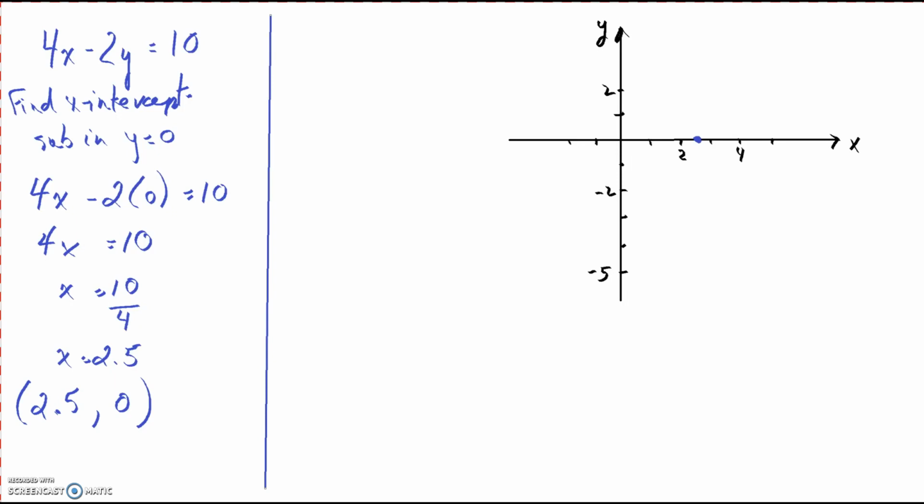I want to do the same thing to find the y-intercept. Okay. 4x minus 2y equals 10. We were going to find the y-intercept. We sub in